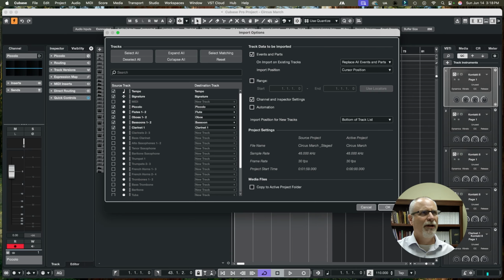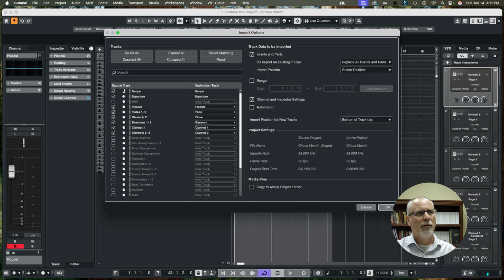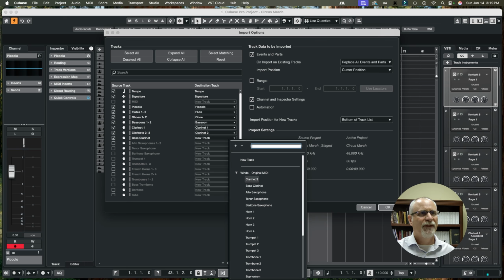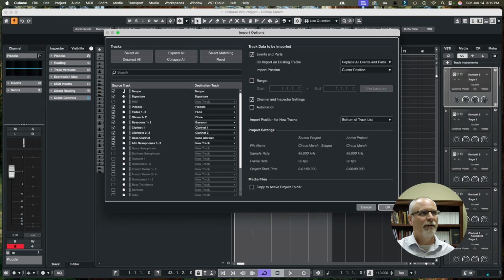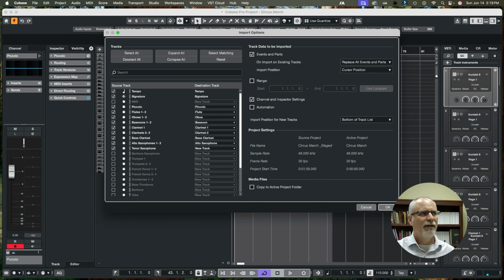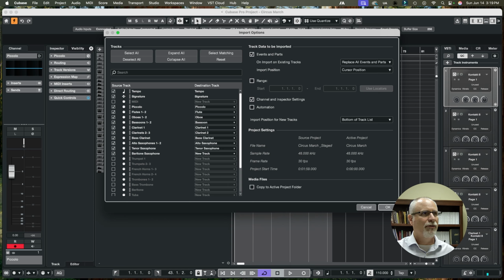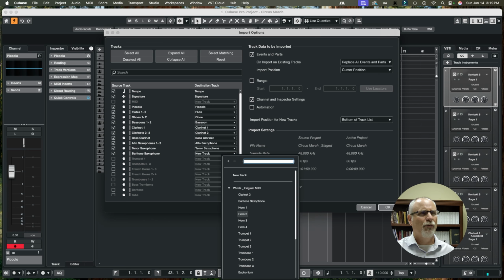Here you can also make your choices about how you're going to handle things like this. So for right now, I'm going to put the second and third clarinet parts into clarinet 2. We'll probably be combining those tracks later on. And then we just continue to do this. There might even be a button you can press to do this automatically, but I just like looking at it to make sure, because there always seems to be one or two differences in the